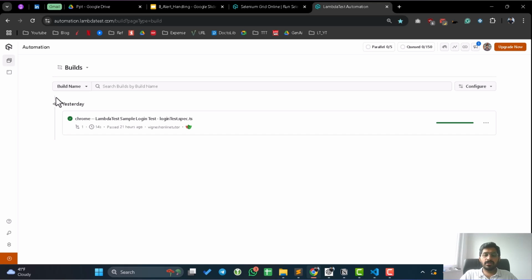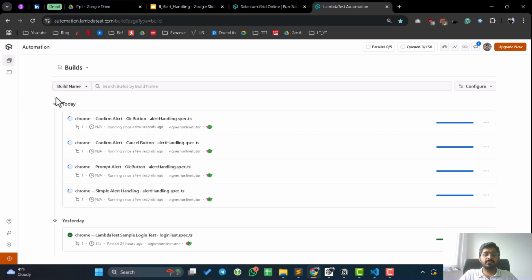And technically all the tests should pass because we have entered a valid assertion. In case tomorrow, let's say you have a different error message or different alert message, the test will pass or fail, depending on the case. So here you can see it is running all of them: simple alert, prompt alert, confirm alert cancel, confirm alert